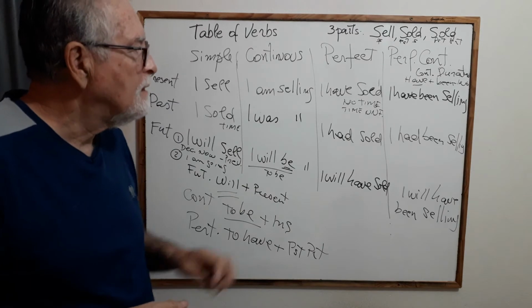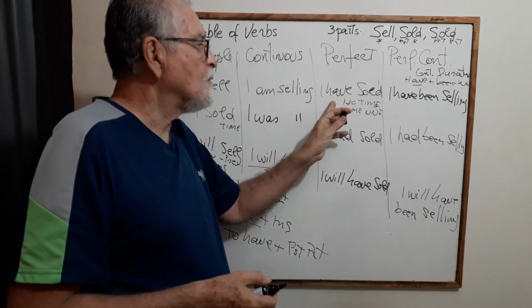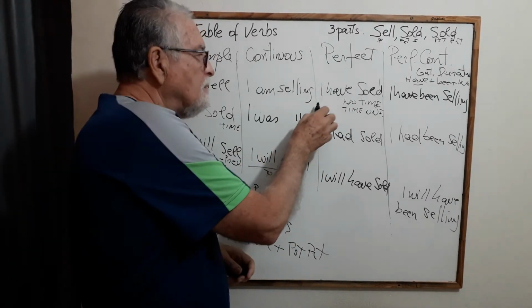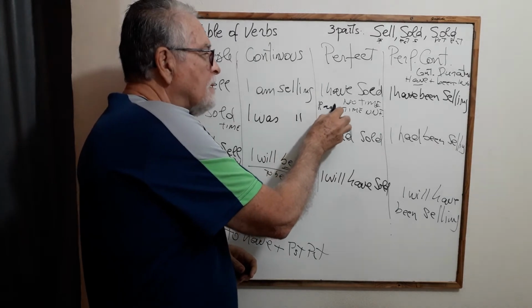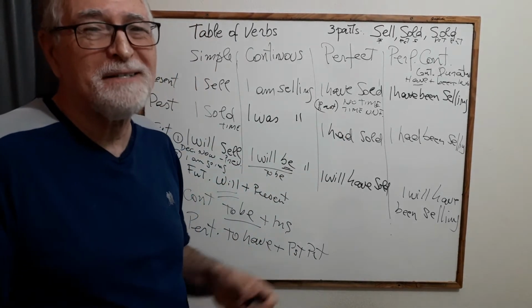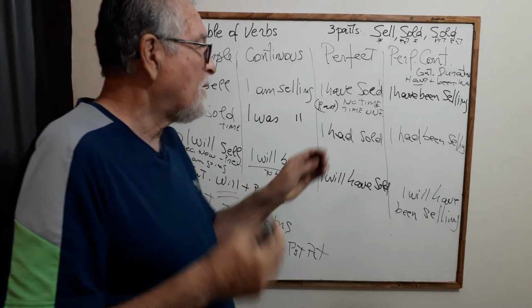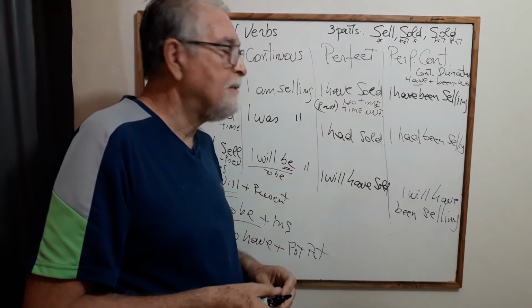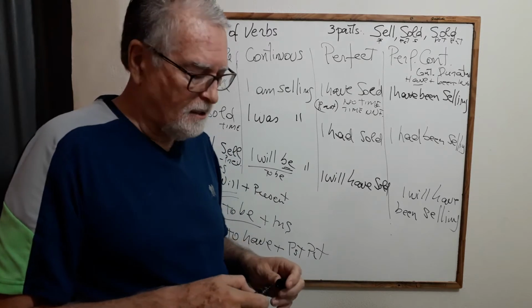Now, perfect. So I use the perfect when I talk about the past. Yes, the perfect is about the past. The present perfect is about the past. But I don't say the time, or the time is unfinished. Like